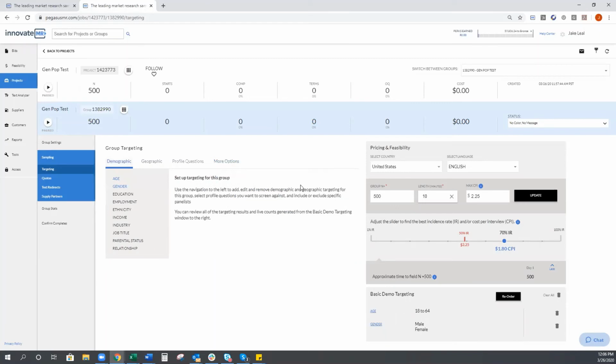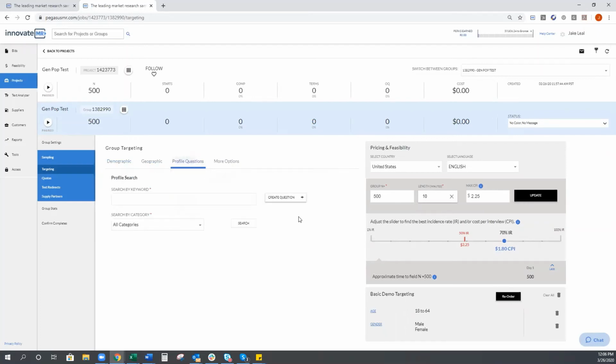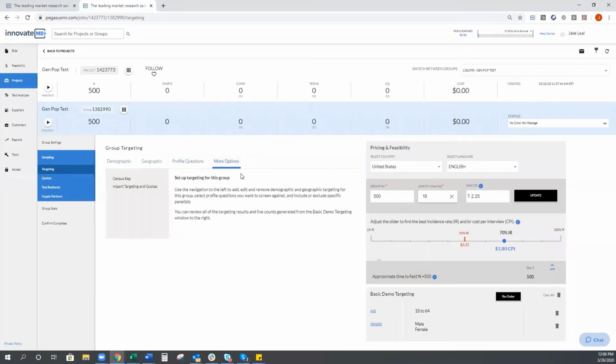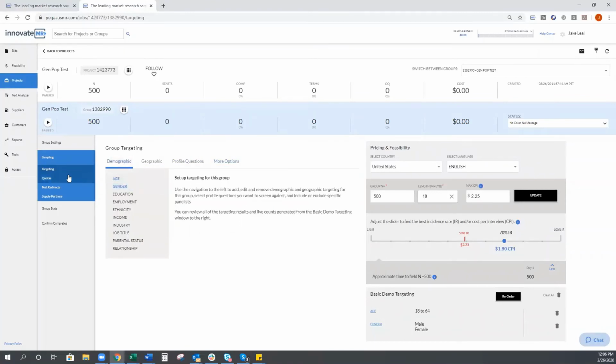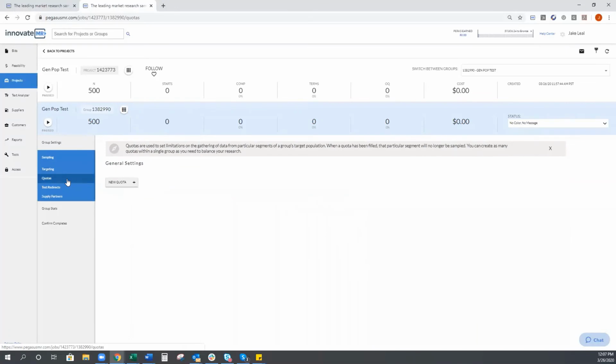So at this stage, we've put in the max CPI, we've looked at the custom pre-screening option, and we've looked at some of our other options, and we're good to go. And so now, if we look over here to the left, we're going to look at our quotas and then ultimately launch our job. So with that, if I go to quotas,